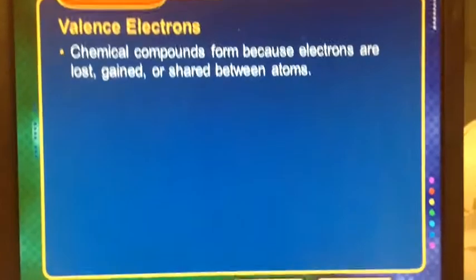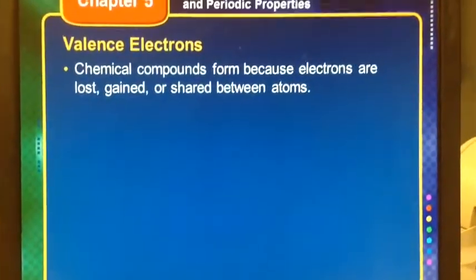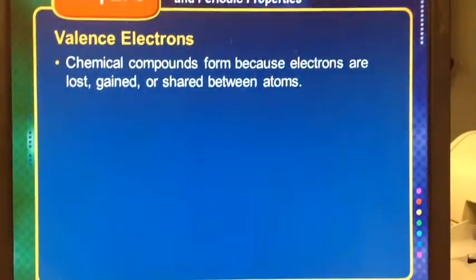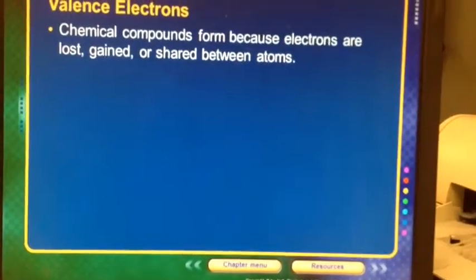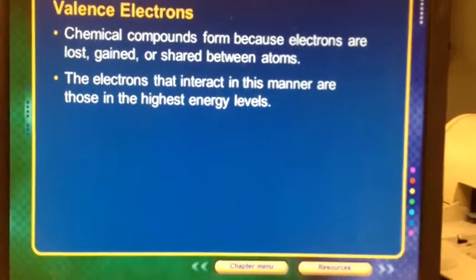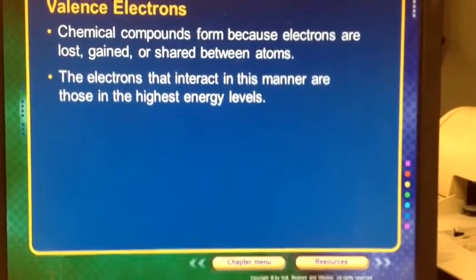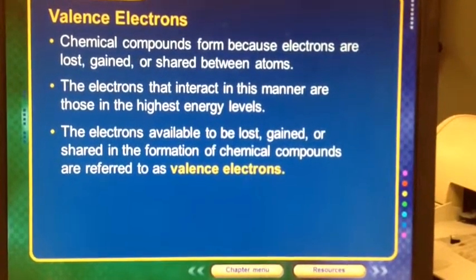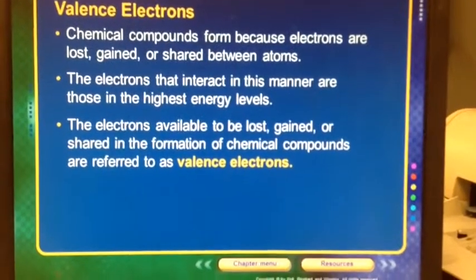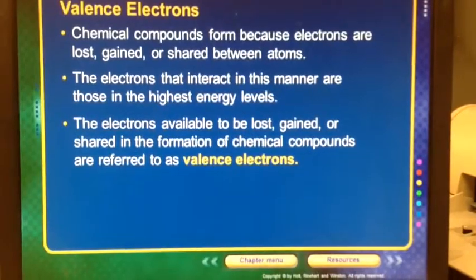All right, valence electrons. You've heard me talk about those before, and you probably heard of them when you were in 8th grade. Chemical compounds form because electrons are either lost, gained, or shared between atoms. The electrons that interact in this manner are those that are in the highest energy levels. The electrons that are available to be lost, gained, or shared in the formation of chemical compounds are referred to